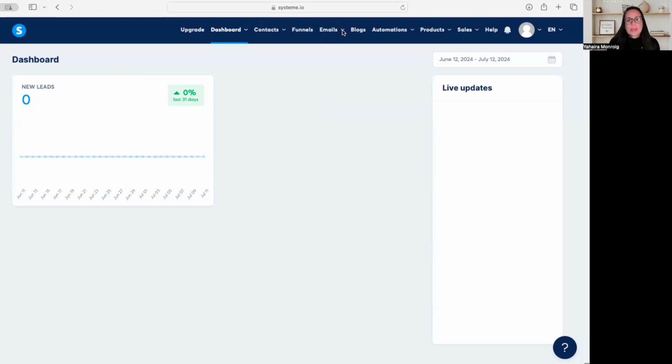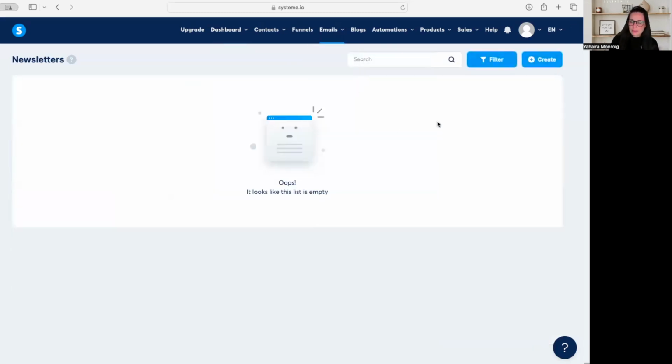So here on the main dashboard, we're going to click newsletters. Right now, we don't have any newsletter because we're just starting. Say, I do send weekly newsletters and I do have to create them weekly, or you can create them in batch. I try to create them in batch, but you have to create each newsletter and schedule them for the